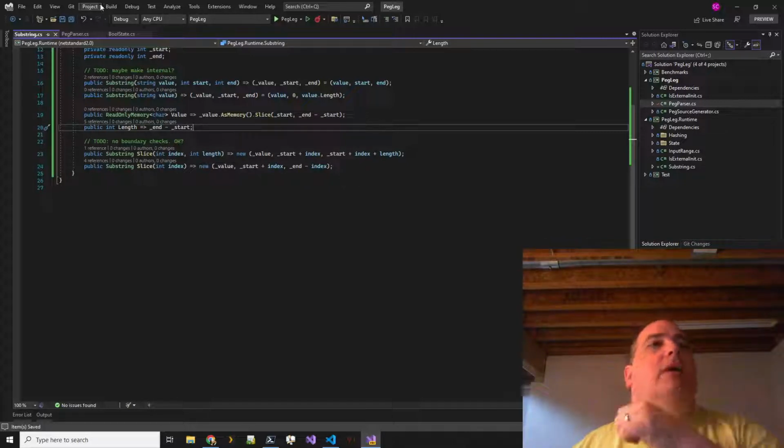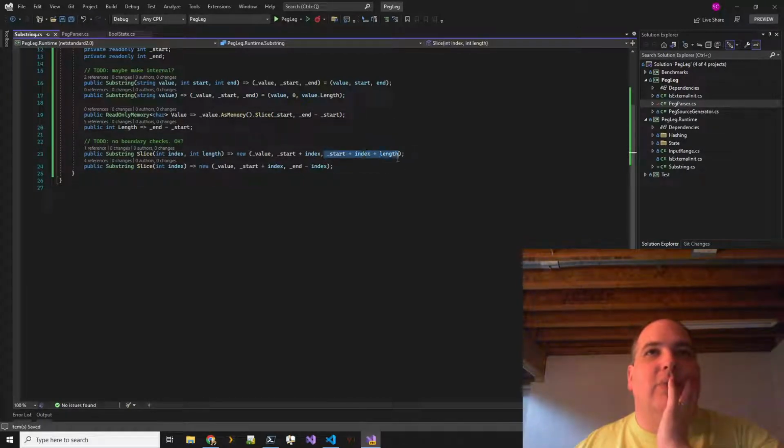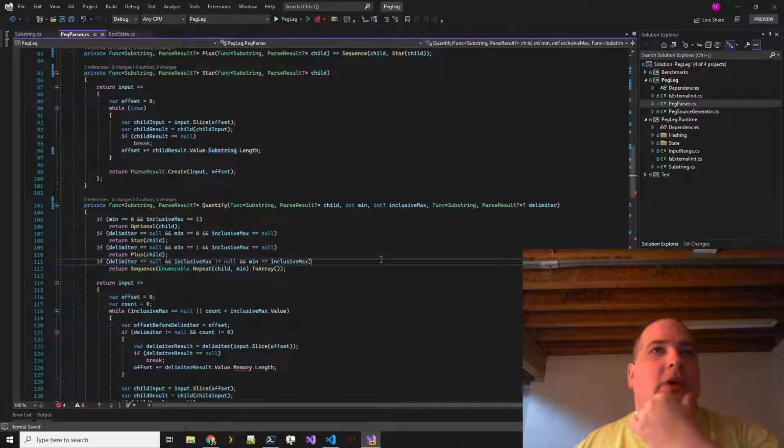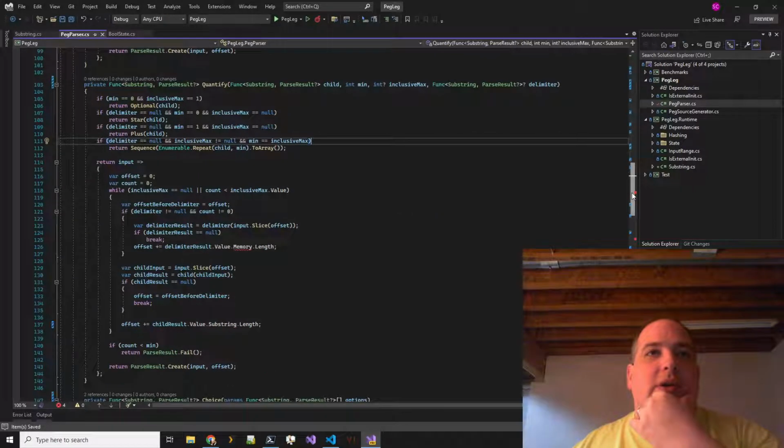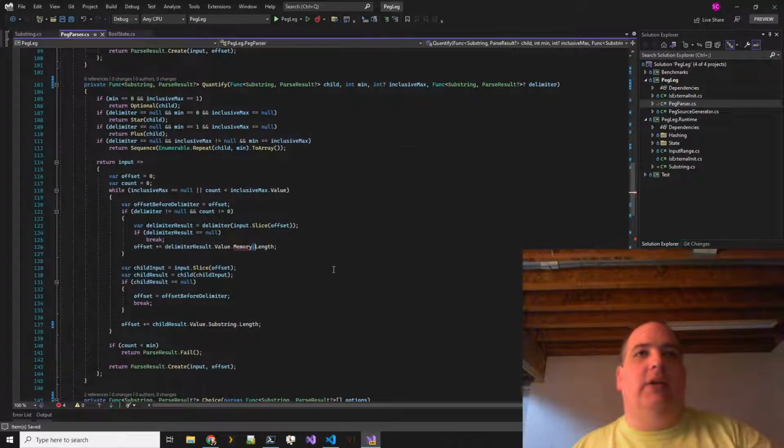Okay. All right. I was just thinking of maybe re-expressing this last parameter here, but it's fine. I think it makes sense as it is. All right. So what else is broken here? Memory.length. Oh, right. That should be substring.